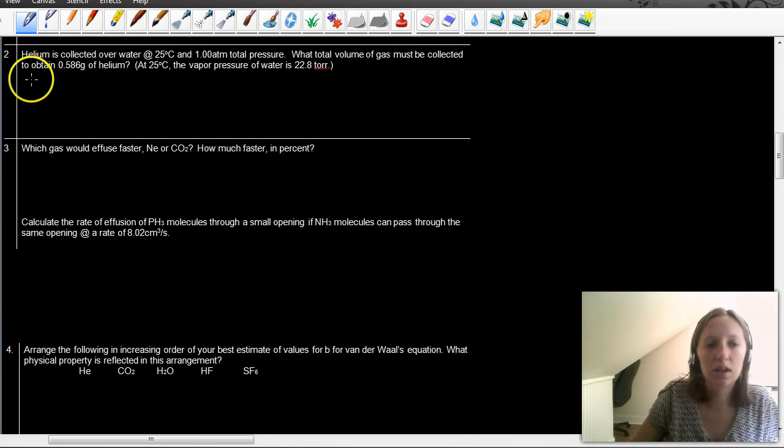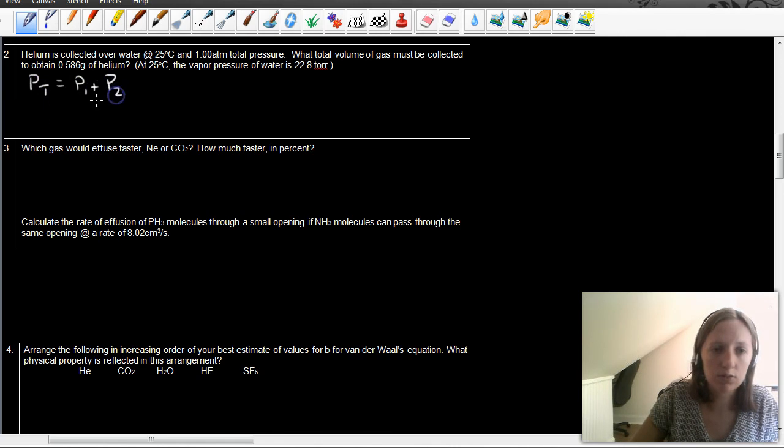This is over water, which requires you to use a little bit of Dalton's law of partial pressures. So P total equals P1 plus P2. The total pressure is 1.00, and then P1 is the helium, which we don't know, and the water, which they were really nice and looked up the value in the table for us, is